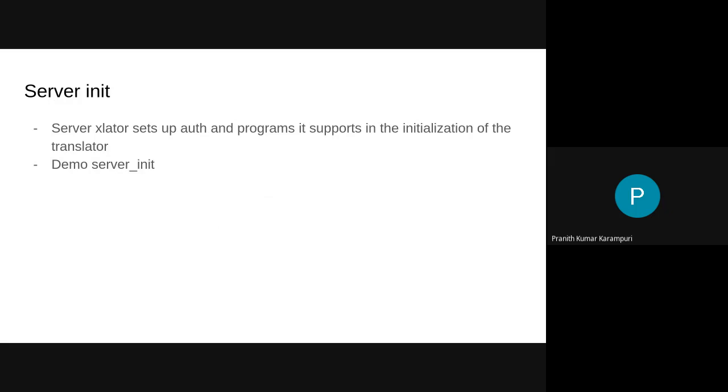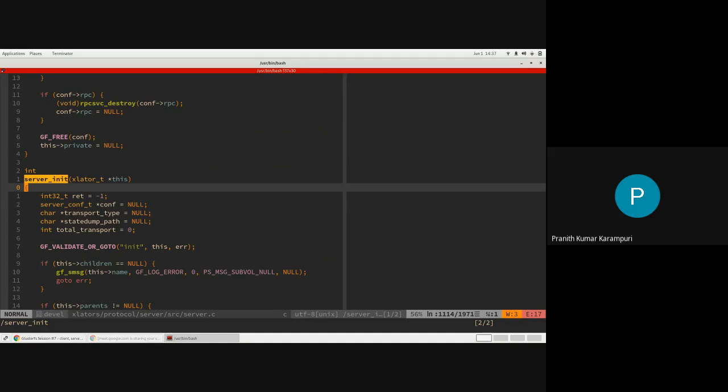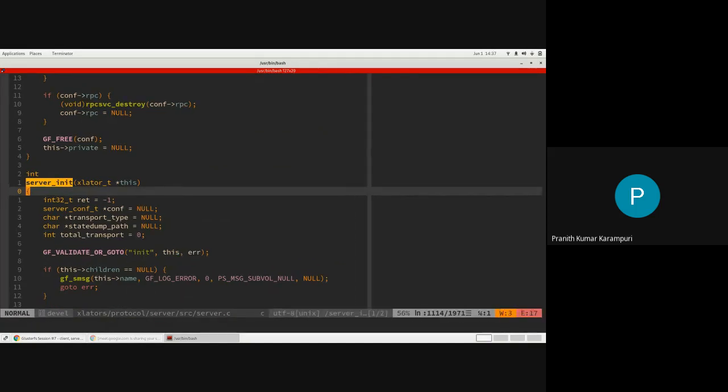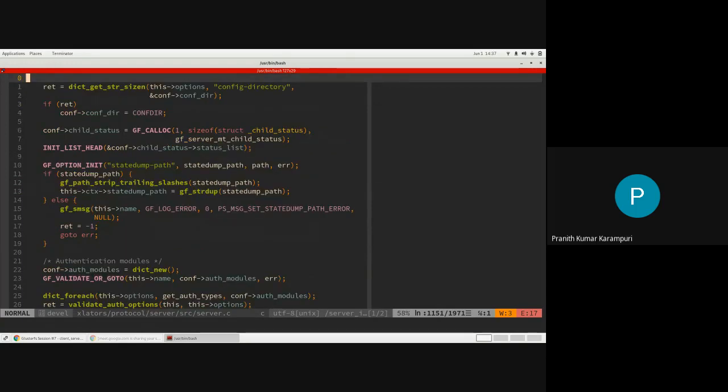So the first thing that we'll look at is how the server actually sets up the auth and the RPC programs that it is going to support. So we'll try to look at the code and understand. Okay. So this part is in server.c. In this, after setting up all these mutexes, etc., there is a